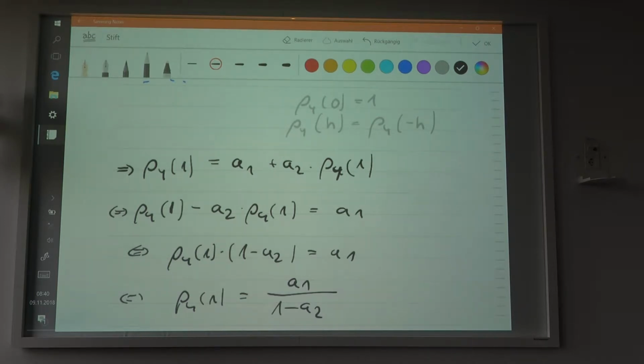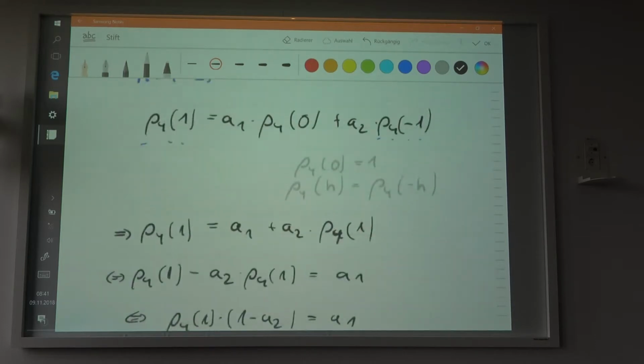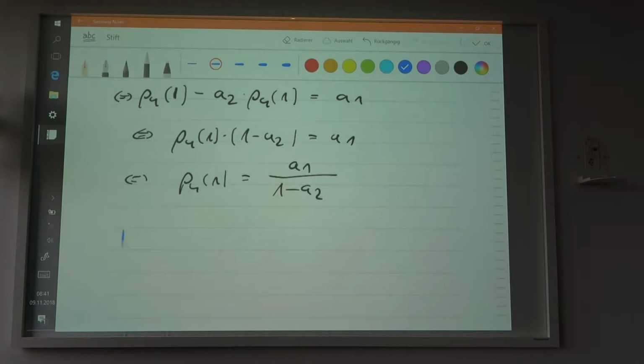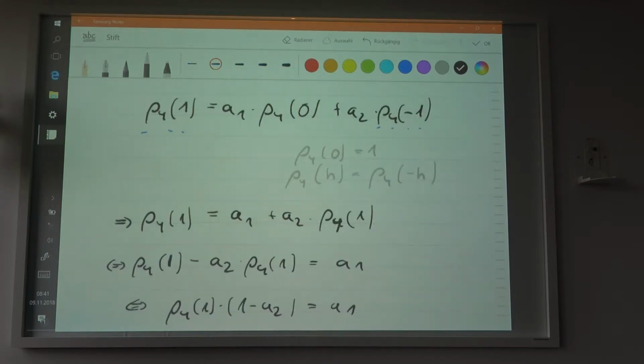Okay, now then we can go on basically. So let's say age is equal to 2, because that's going to be the next thing. So if age is equal to 2, then basically what you're going to get is from this equation,